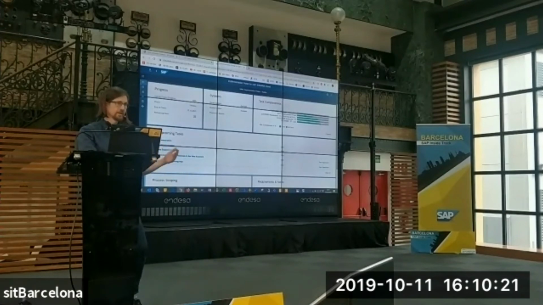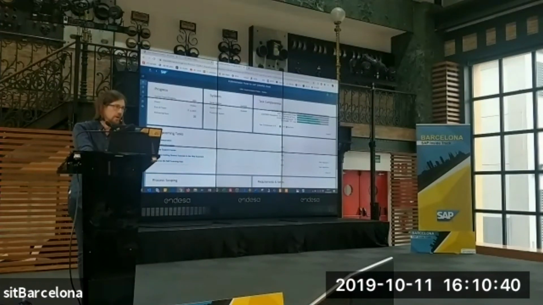It's supposed that S/4HANA Cloud projects are faster projects or smaller projects than an on-prem version, and maybe you need 1 or 2 years to implement. At this moment, the single solution inside the Solution Manager Cloud portfolio is the implementation portal.